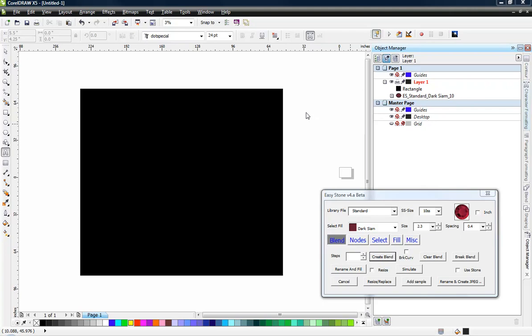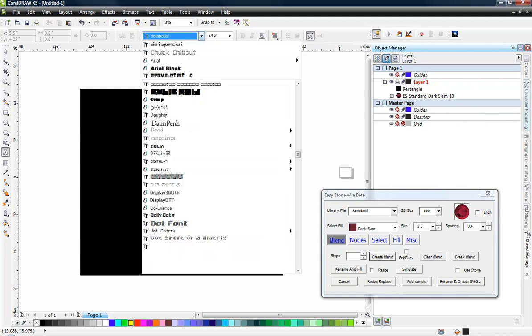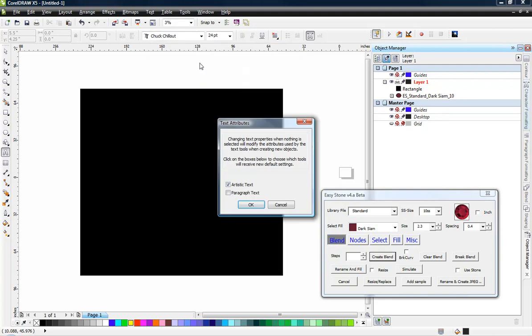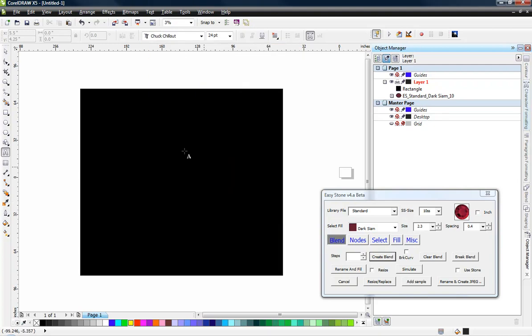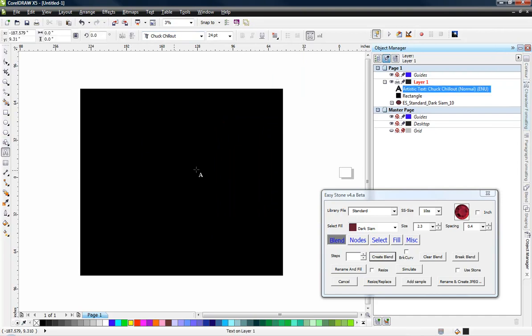In this video, we're going to take a look at a little bit different type of font and convert it for use here as a Rhinestone font. The font name is called Chuck Chillout. So go ahead and select that font, and you can just Google Chuck Chillout. It's a free font. But let's just go ahead and type out